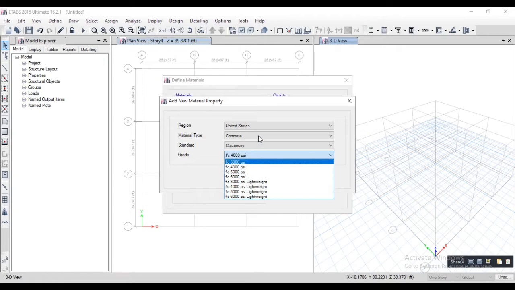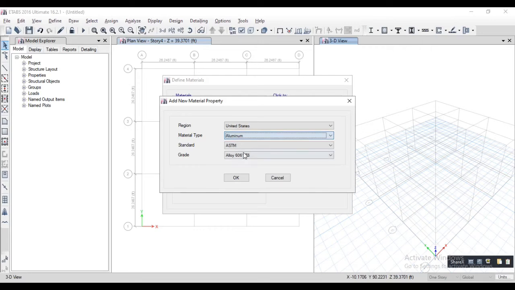After that, we will discuss aluminium. For aluminium, only one standard is available, ASTM, and three grades are available, alloy 6061, 6063 and 5052-H34. Mostly they use 6063 T6. After this, we will discuss cold formed. For cold formed, there is A653, and for A653 two grades are available, SQ grade 33 and SQ grade 50.